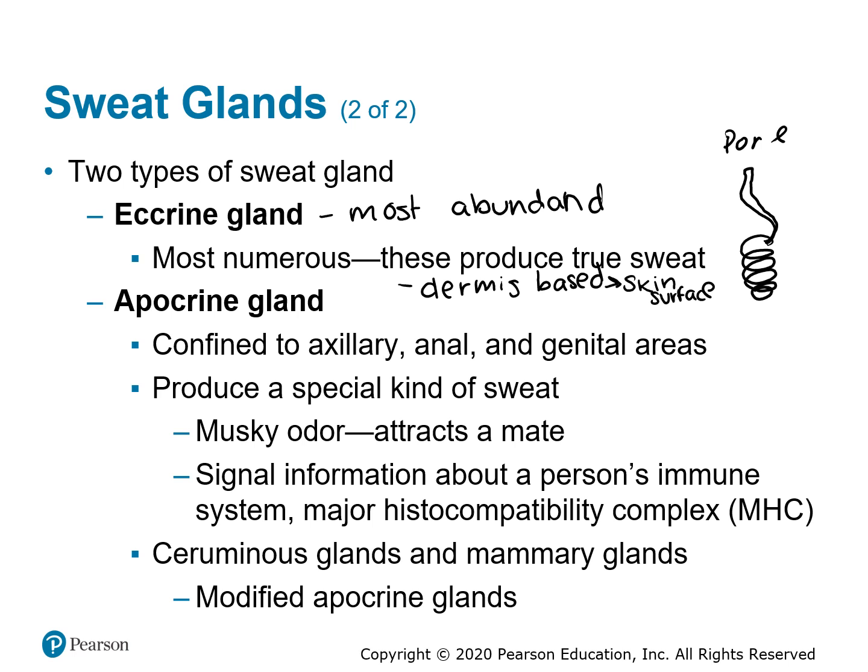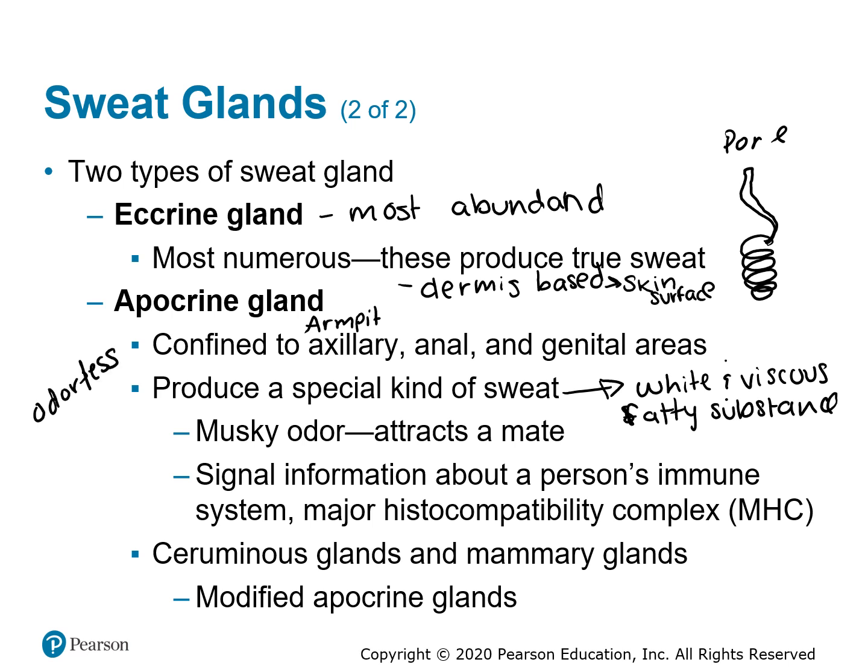Apocrine glands, however, are usually only found in the axillary. Your axillary is your armpit, and around the anal and genital areas. And they produce a special kind of sweat. That special kind of sweat can be white and viscous. It can also be yellowish in nature, but it secretes a little bit of a fatty substance. That substance is generally odorless,